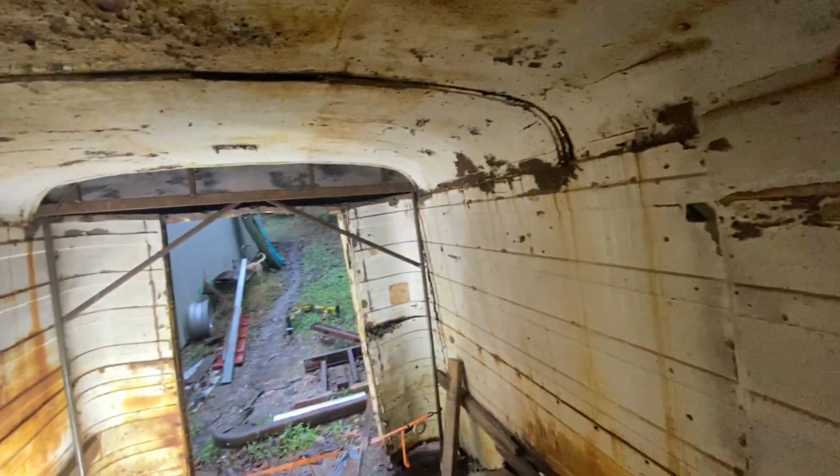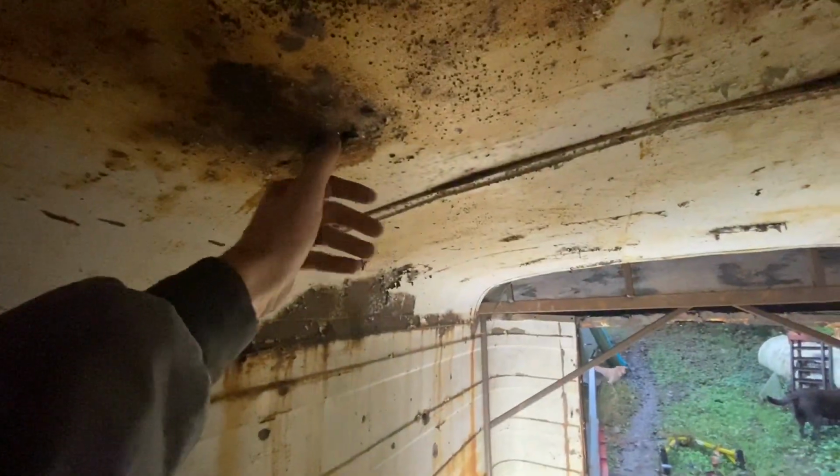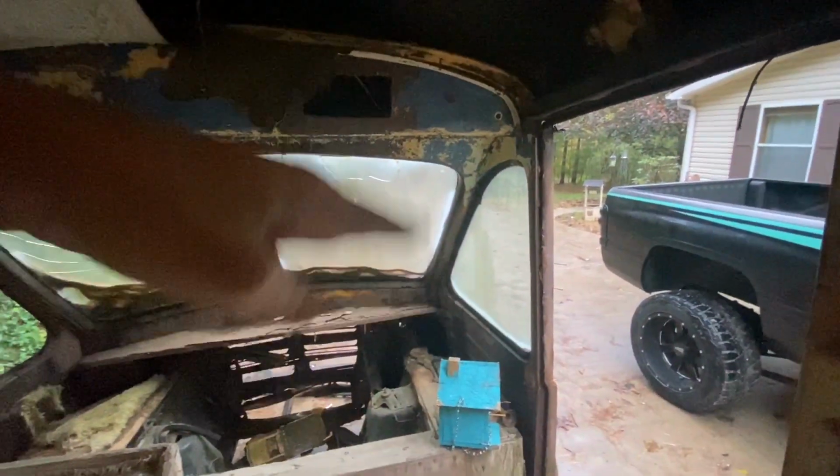Really rough. Like it needs to be in the junkyard. Here's a hole in the roof. That's the inside panel. It's rough. You guys can see the doors are, the roof's separated here. I mean, that's separated a good 1.5 inches. The whole front of this truck is laying down now. So